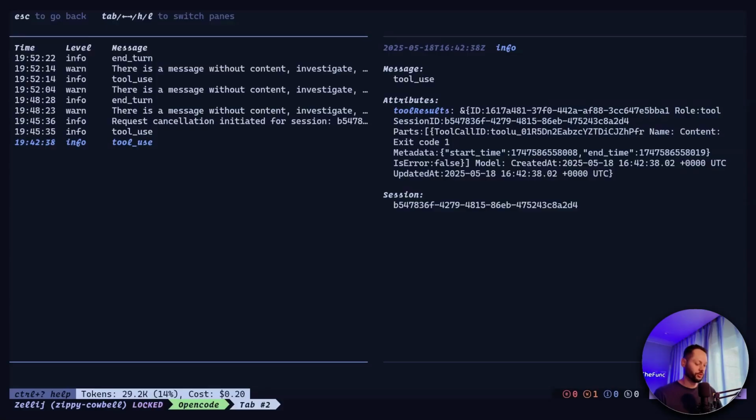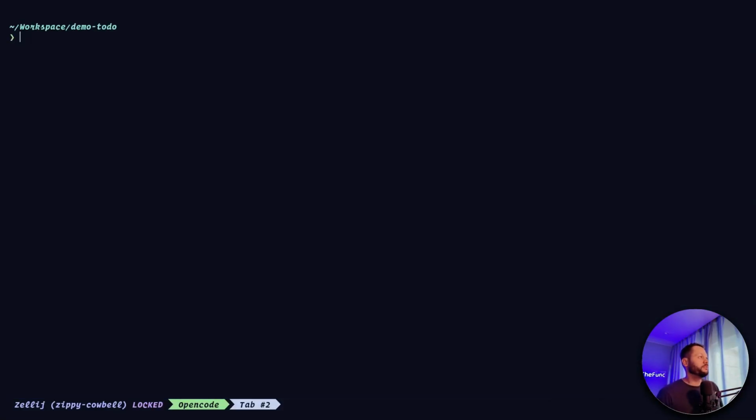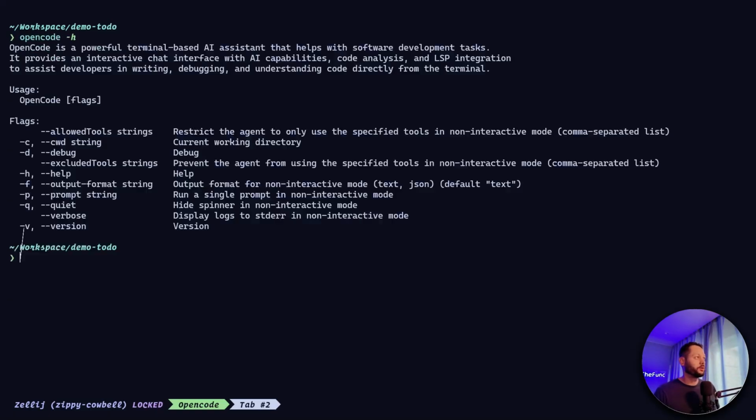Now, let me go over one of the features that I'm actually very excited about, and that is the non-interactive mode. So let's open up the help here real quick just to show you what I'm talking about. We've got this flag called -p or prompt, and it basically allows you to invoke opencode in a non-interactive scriptable mode where you give it a specific prompt and it'll go ahead and do what it needs to do